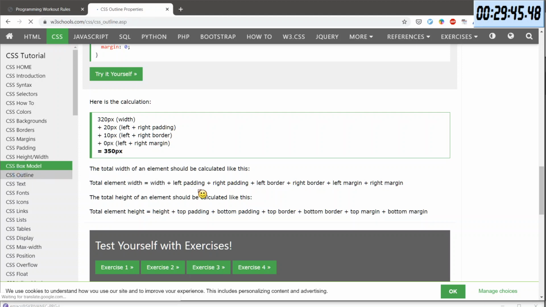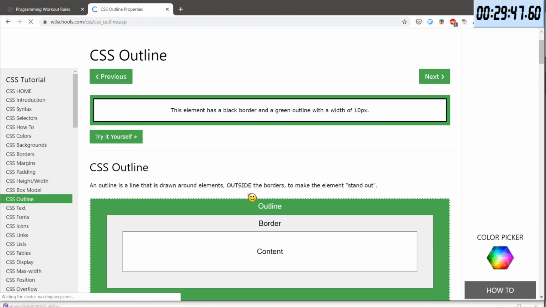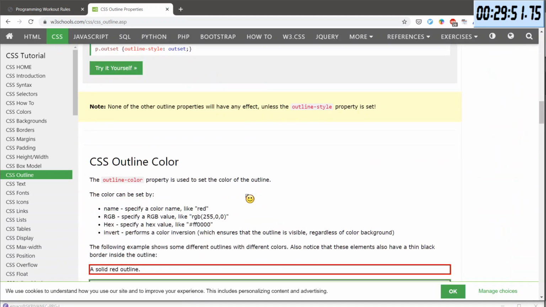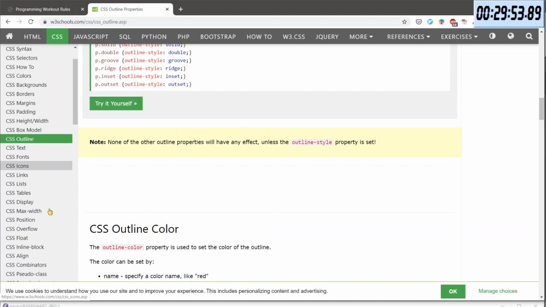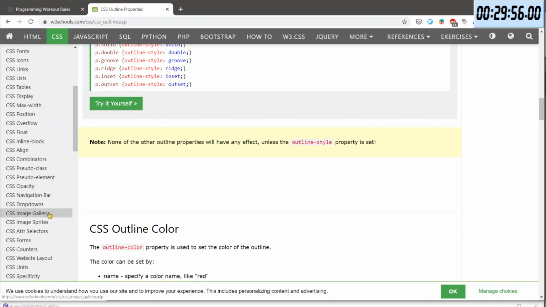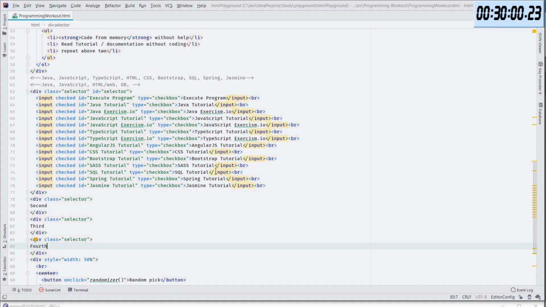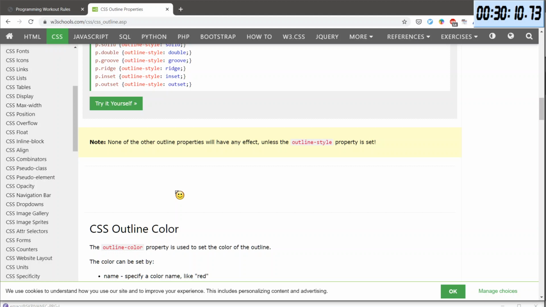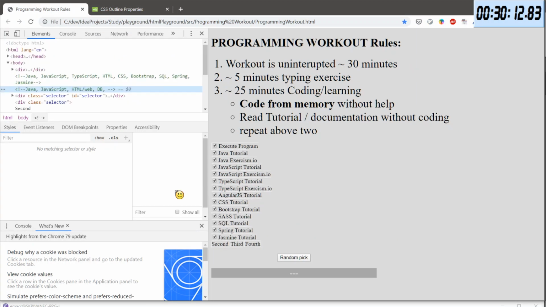Outline, maybe. No, what was it? Inline block. Well, I'll try to change the block to inline in here, without a block. And if that fixes my problem, I will not care about it anymore.